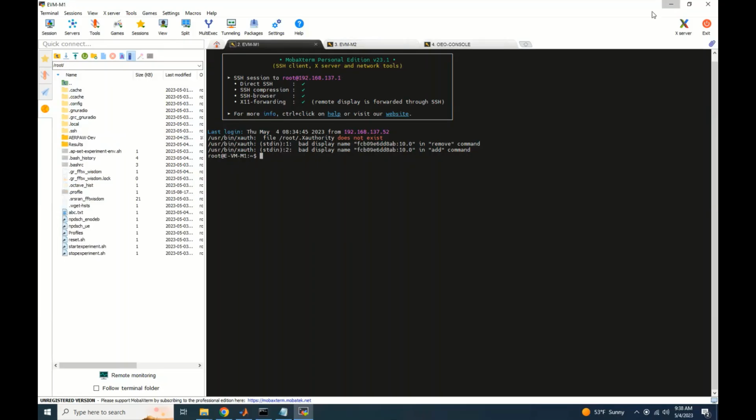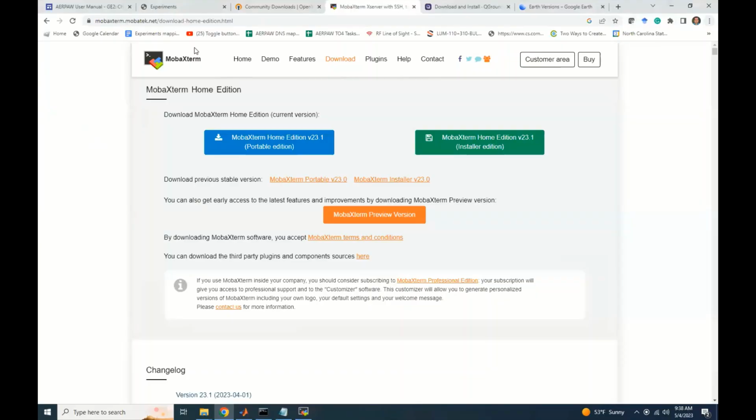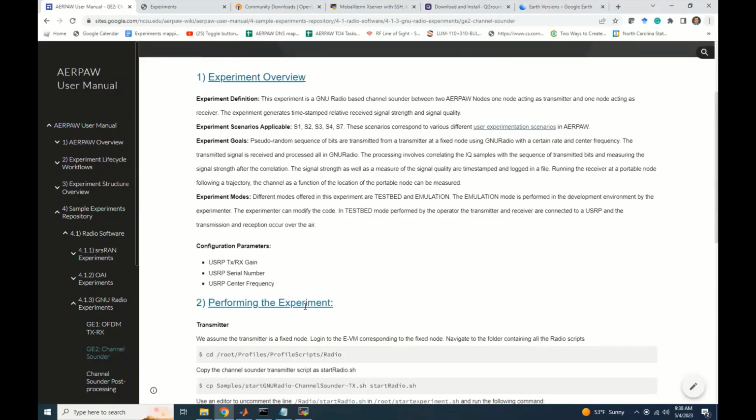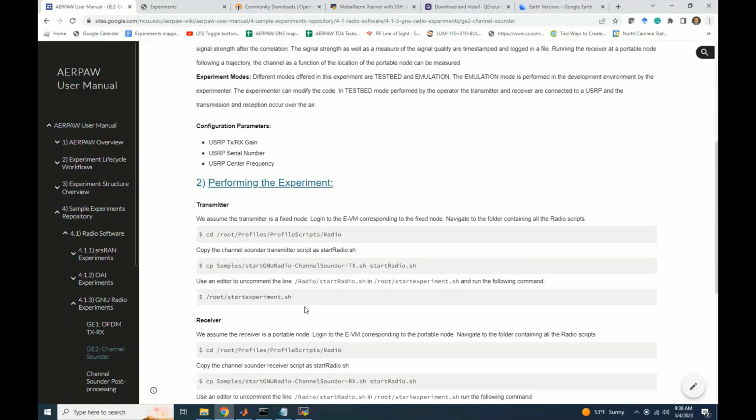Now we'll follow the instructions in the user manual to configure the radio aspects of the experiment. First we will do the experiment without any vehicles, and then we'll repeat it with vehicles. So to perform the experiment, first we'll configure the transmitter. So let's